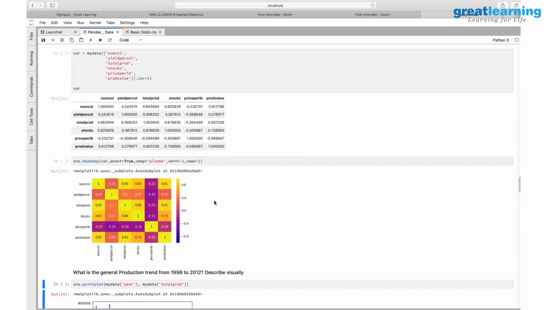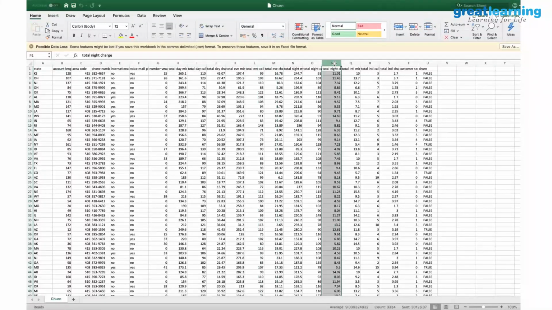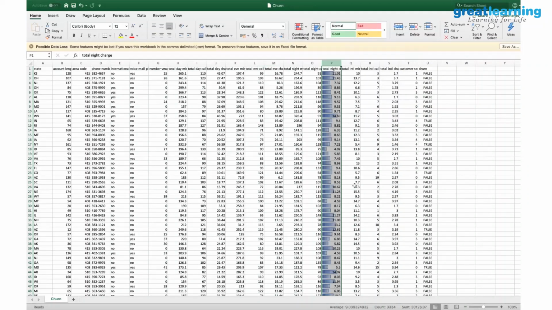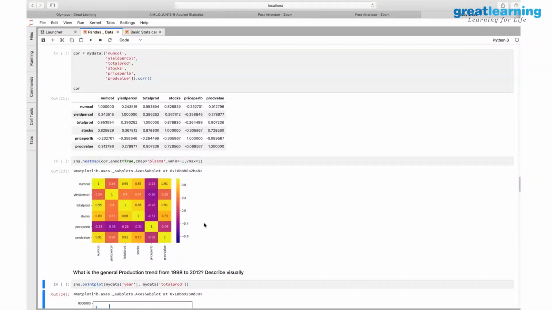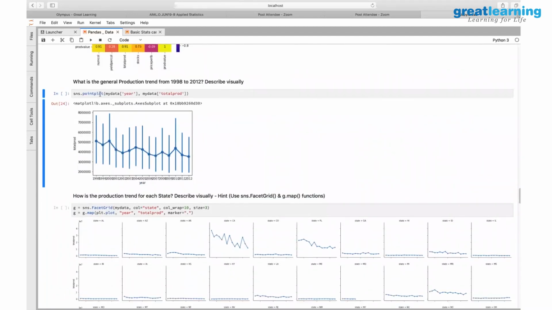Let's say, for example, you take 100 states and you want to see different parameters. Just like in Excel, for example, let me go to Excel simply. Let's say I select this value, I do a conditional formatting, and maybe I give this. This is also color coding in a way. So you can do this kind of color coding using that heat map variable essentially. Okay, got it. Thanks. Got it? So it can be used for any purpose. Correlation is the instance I'm using here, but you can use it in different contexts. Okay.